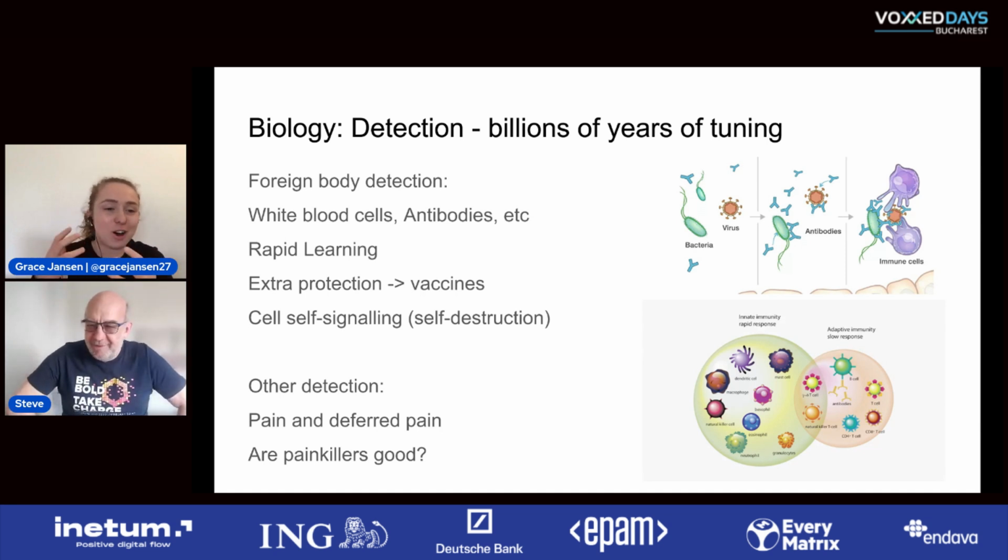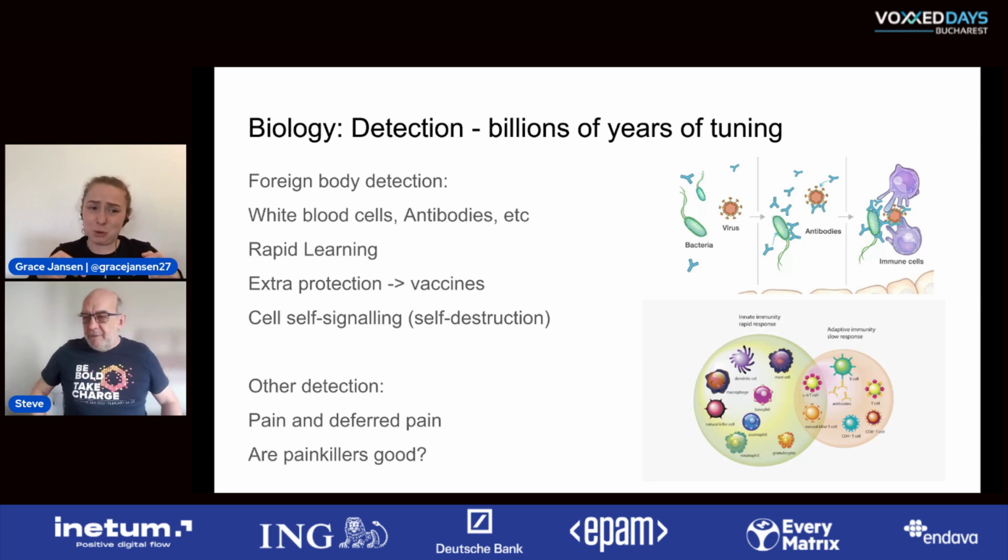And as well as our adaptive immune system, we also have pain. You might not think of pain as a detection strategy, but actually, if I have maybe a stomach bug and my tummy's in pain, that's a detection signal to me through my brain to say, okay, you probably shouldn't eat anything else because we need to tackle this first before we can deal with anything later. So that's another form of detection.